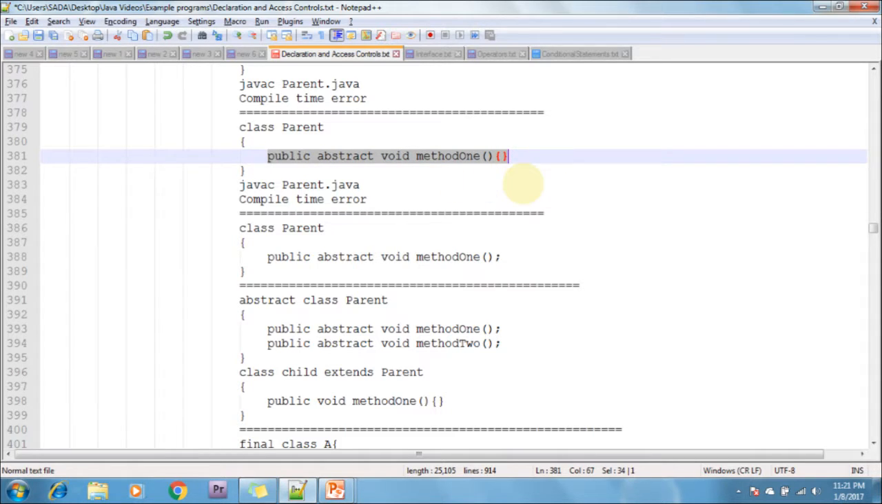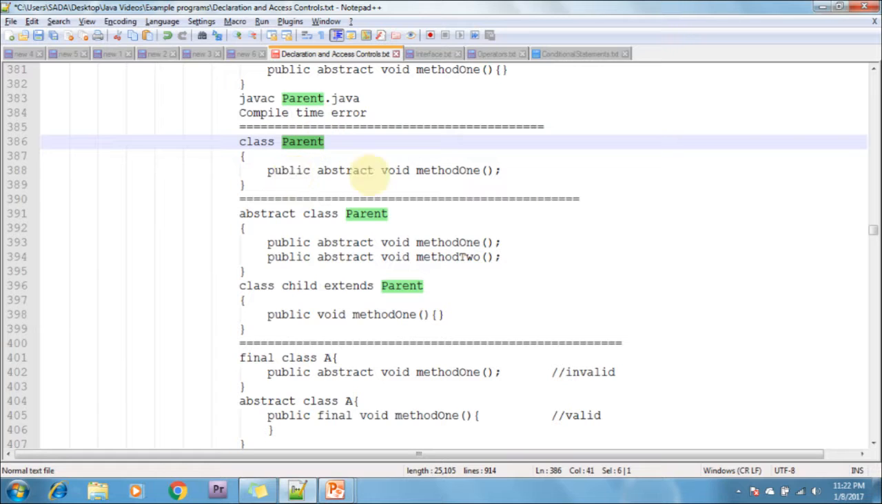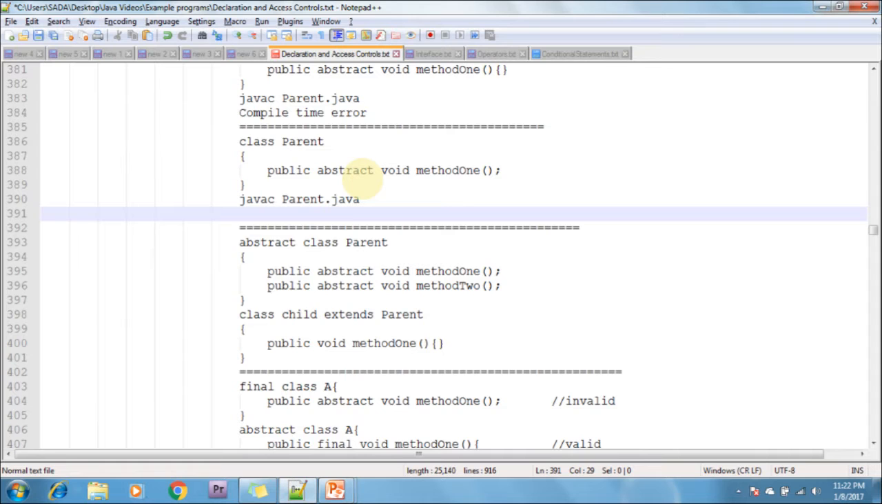Next, I can give you one more example. Parent is the class, and I am declaring one method, public abstract void method 1. Now I am compiling this code by using javac Parent.java. It also gives a compile time error. Why? Because Parent is not abstract and does not override abstract method method 1 in